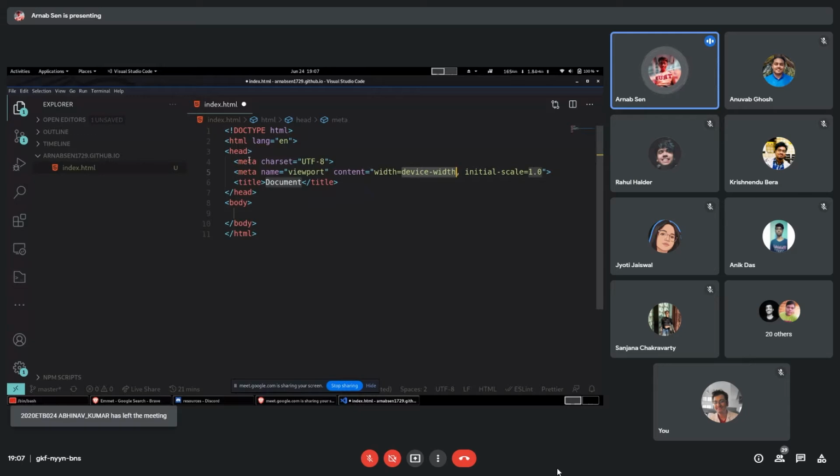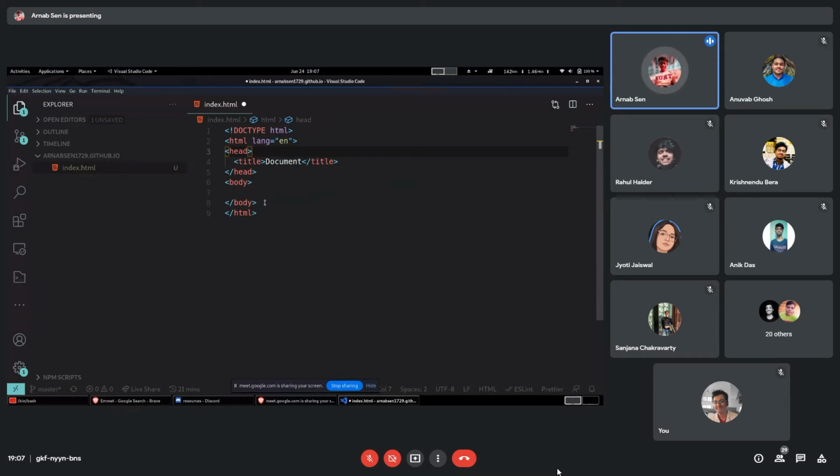All the HTML sections: the doctype, then the head. You can remove the meta tags if you don't want them. Then there is a title, the body, and the HTML as well. Let's update the title, and inside the body, we will put our content. For the time being, I'll just put an H1, and let's do hello world.